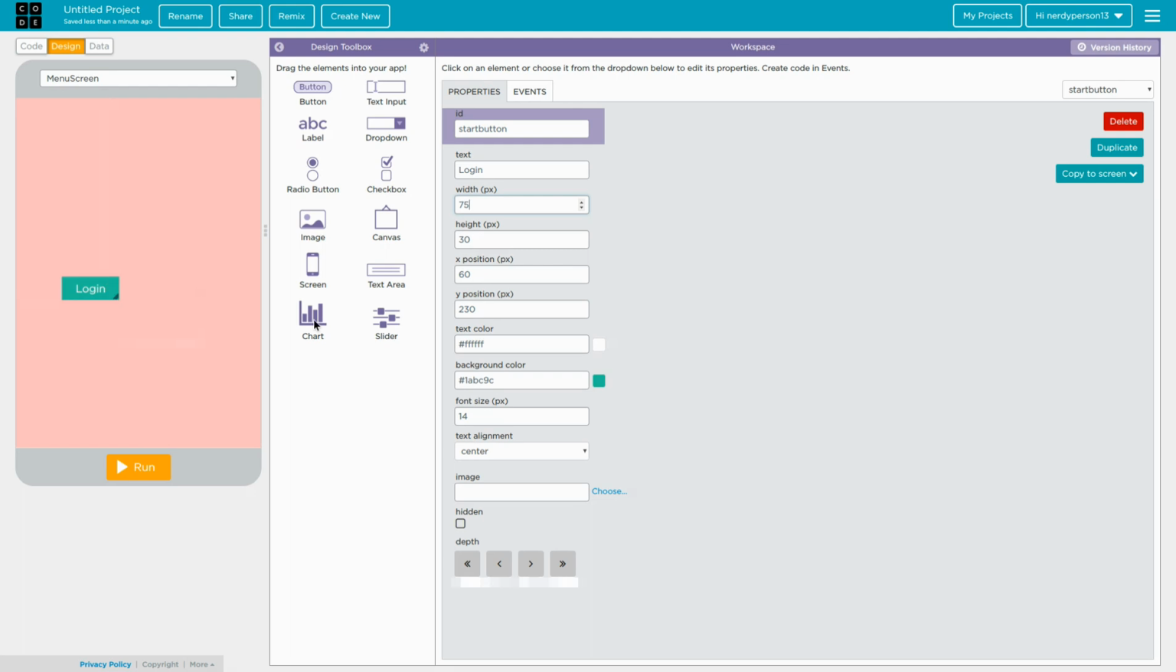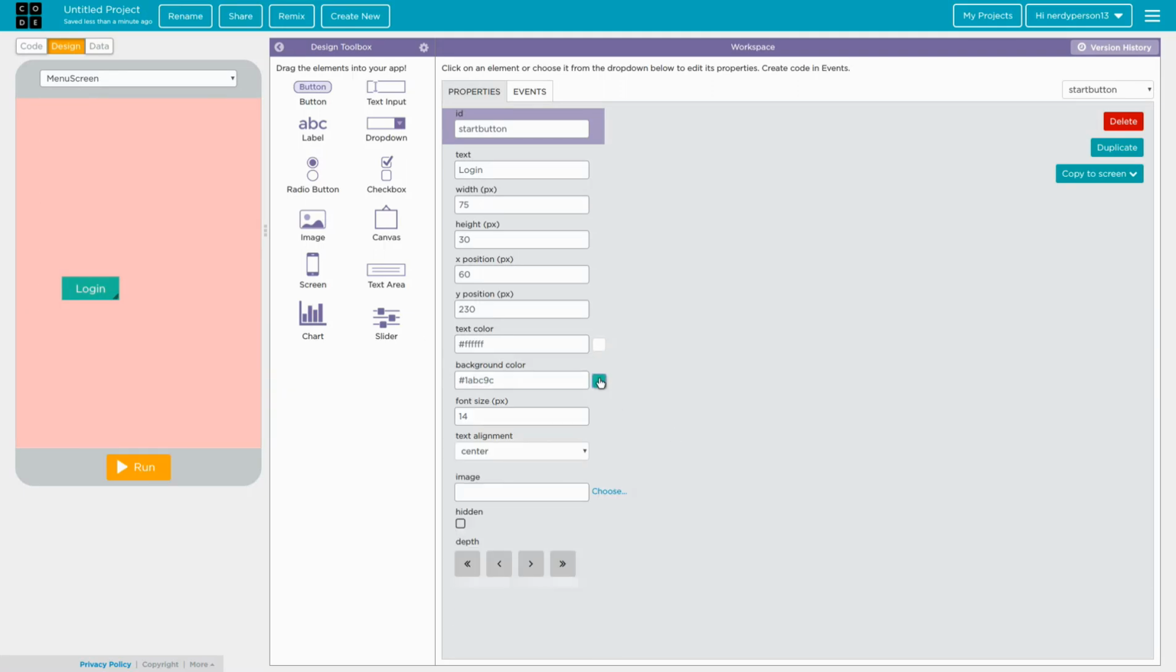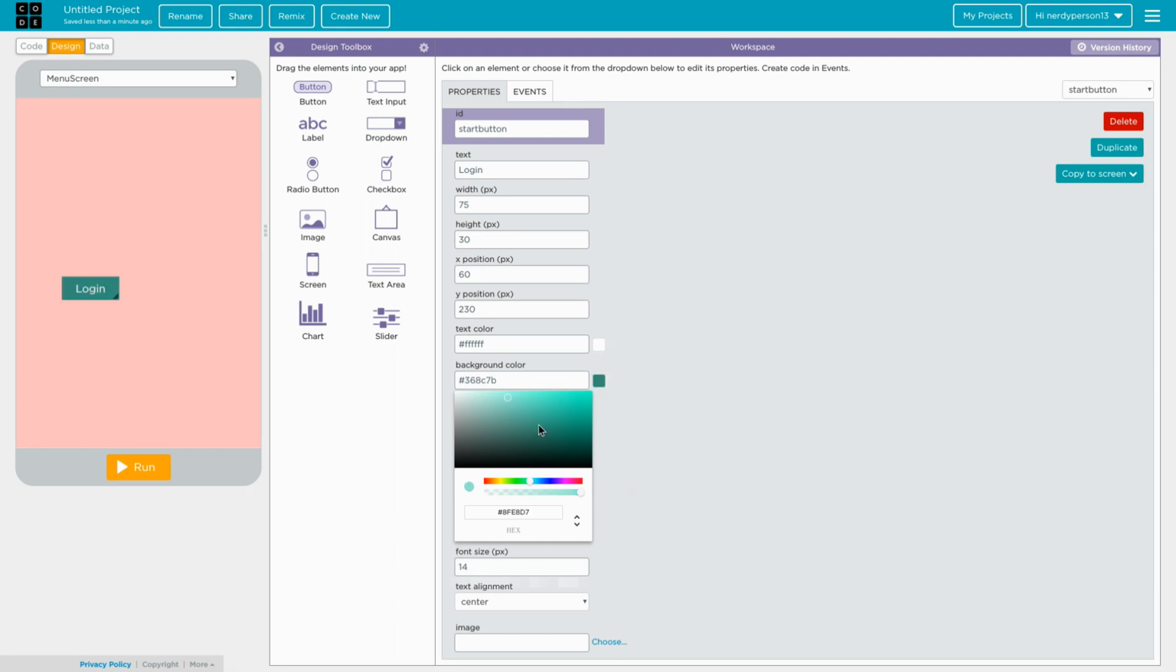So now we have the login button. The text color, you can change its text color, and it's what the name says. It just changes the color of the text. But I'm just going to leave it to white. The background color, it's what it says. You can change the background to whatever you want it to be. I recommend you don't do